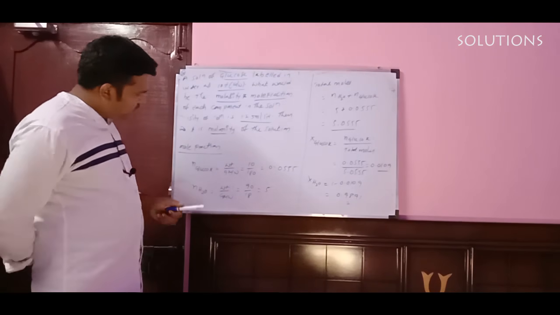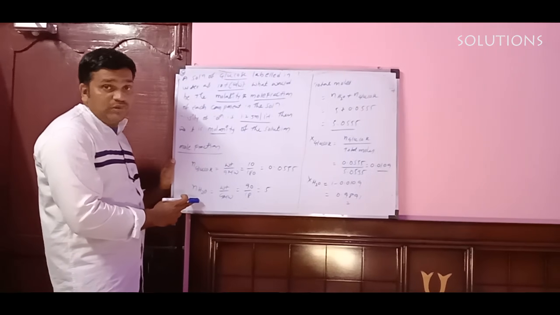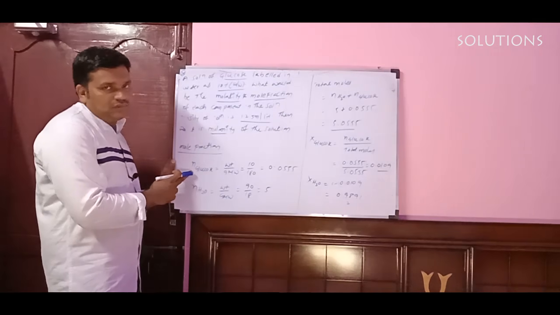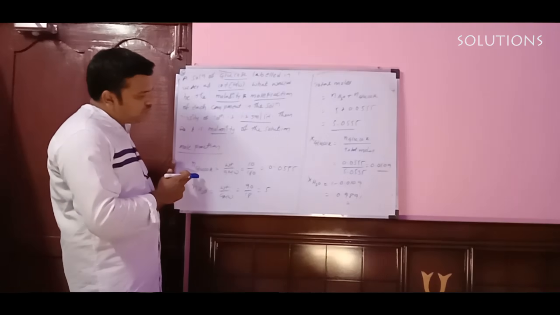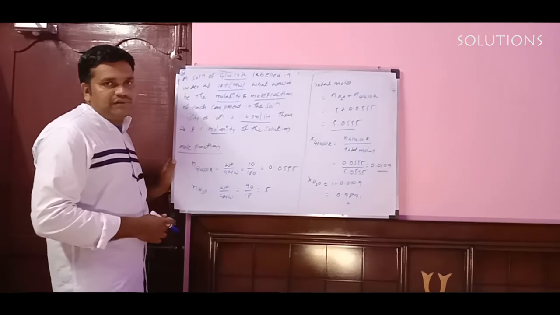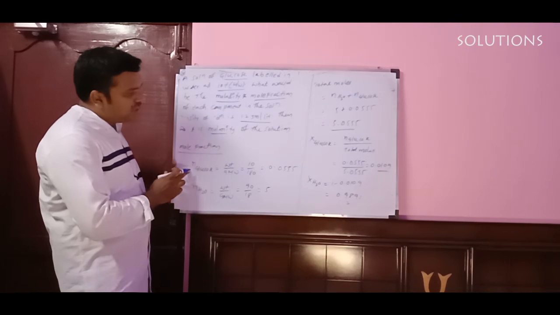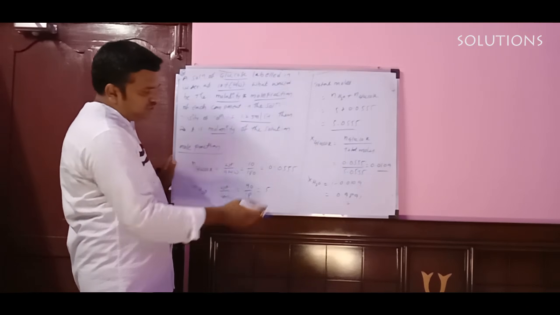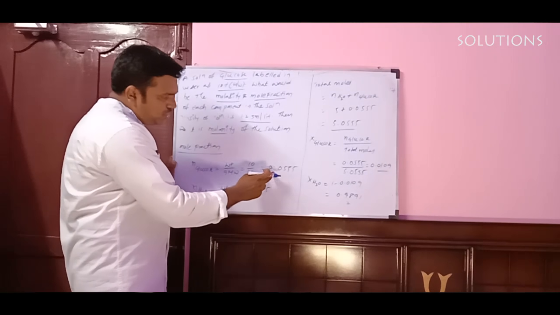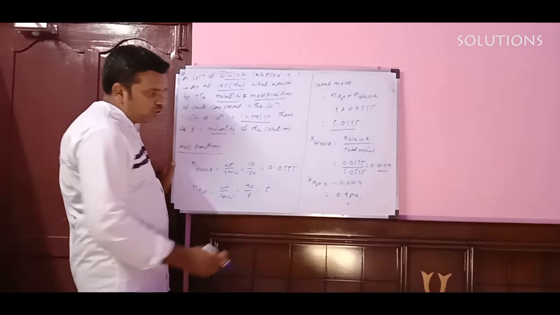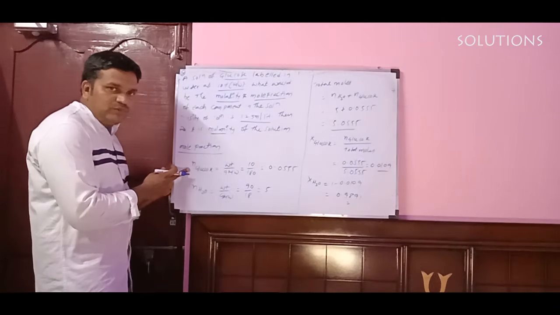If you want to find the mole fraction, what is required? Number of moles of solute is required and number of moles of solvent also required. What is the solute here? Glucose is the solute. What is the solvent we have? Water is the solvent. Now you know the number of moles of glucose formula, weight by gram molecular weight. The weight of solute given is 10, already I wrote the information. Gram molecular weight of glucose is 180. You do the calculation, you will get 0.0555 moles. Clear?